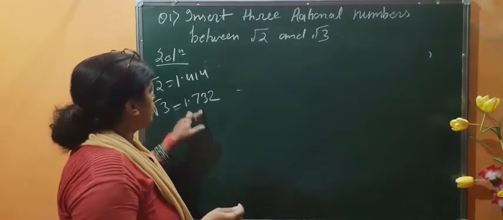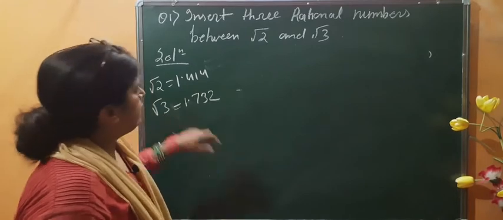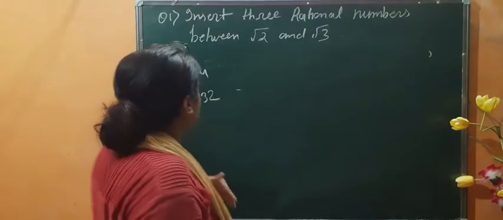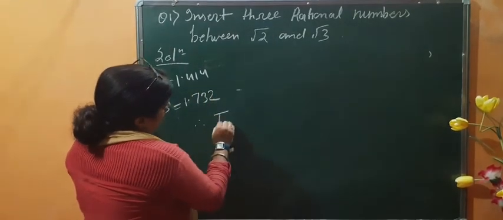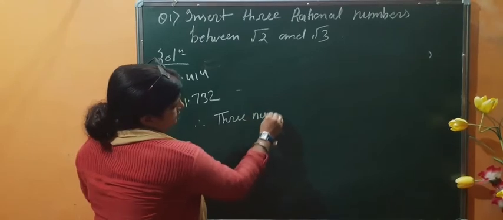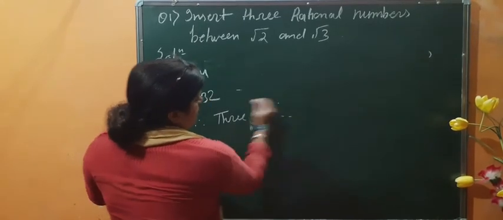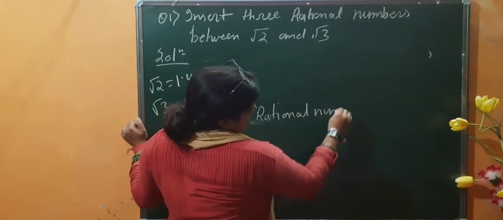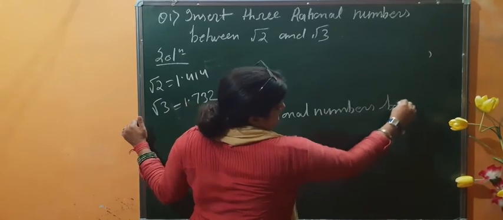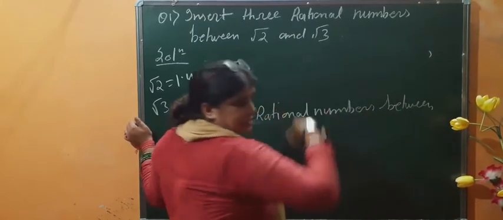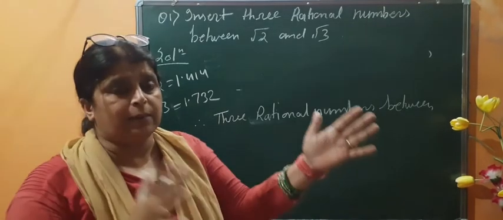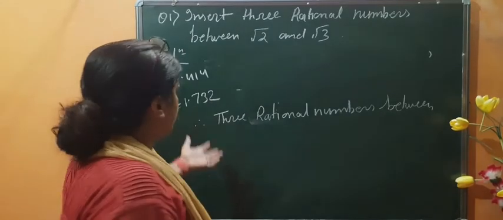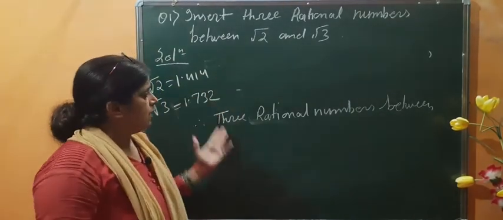Okay, so rational number means what? Between 1.4 and 1.7 you may write infinite numbers, but we have to choose only 3, so we'll do that. Therefore, write down 3 rational numbers between. Children, when you solve this sum, you will start from here only. No need to show that part of the revision. That is for you. In the exam, you will solve from here only. Directly put the values and start writing.